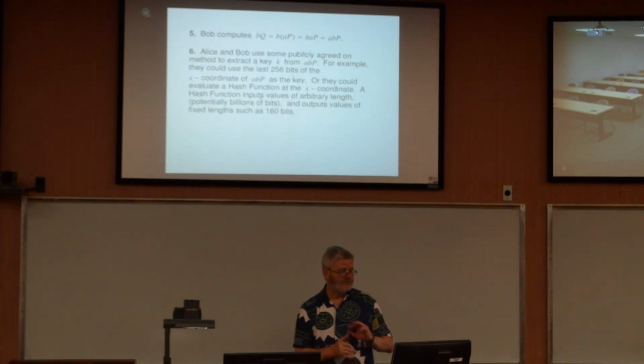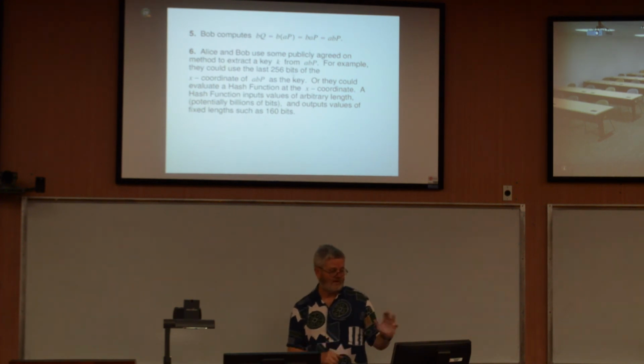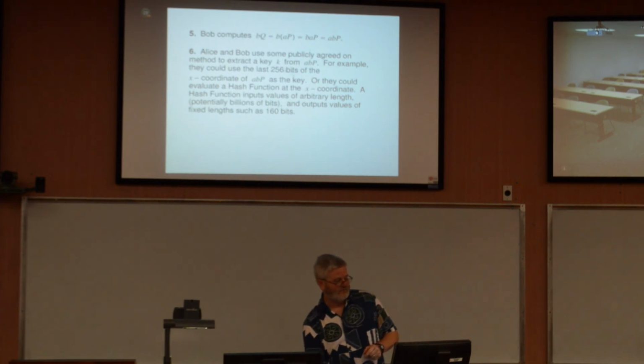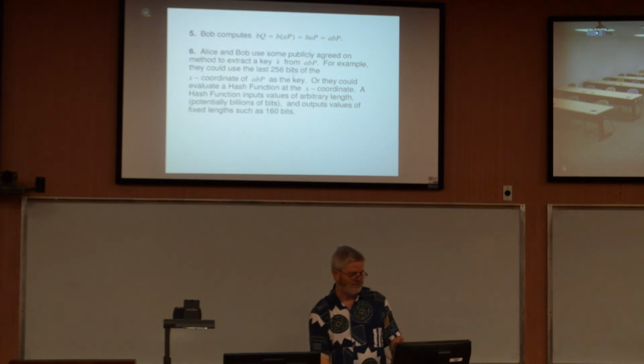Alice and Bob use some publicly agreed on method to extract a key K from ABP. For example, they could use the last 256 bits of the x-coordinate of ABP as the key. Remember, that's going to give you a point. Or they could evaluate a hash function at the x-coordinate. A hash function inputs values of arbitrary length, potentially billions of bits, and outputs values of fixed lengths, like 160